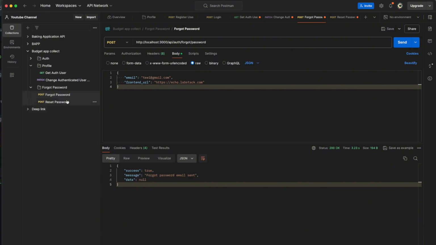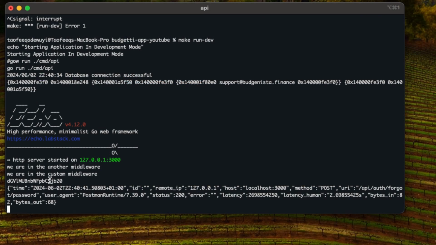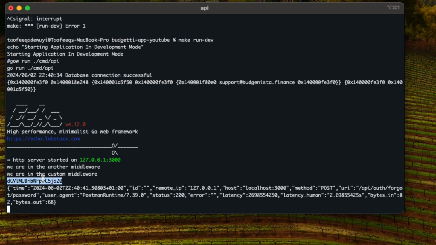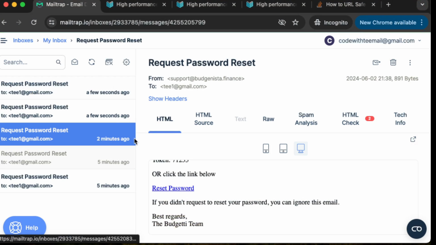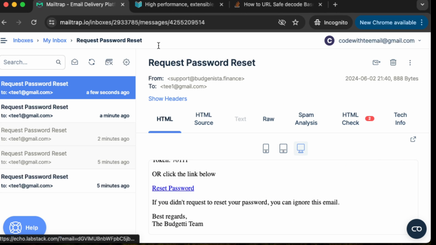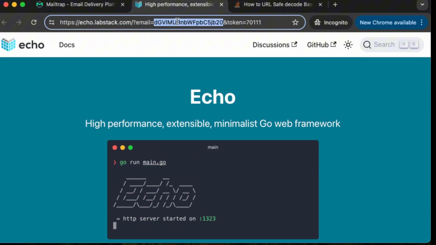Now let's try to reset password again. Let's hit the forgot password. Now look at the token being generated for us this time. So you can see that the equals sign is no longer there. So this is actually attachable to a URL. If we check our new email now, click on it. Let me close, and let me come back. Click on it. If you check our URL now, you can see that we have this email nicely encoded,